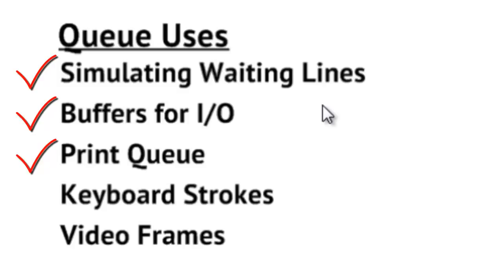And the same idea goes with keystrokes. So as we type on the keyboard, then there's a buffer there for that input to keep track of the keys that we pressed in the order that we pressed them. So we want to make sure that whenever these characters show up on the screen, they show up in the same order that we typed them out on the keyboard. So they would be inputted into a buffer, a FIFO buffer, a first in, first out buffer. And the same thing can be thought of with frames in a video as well.